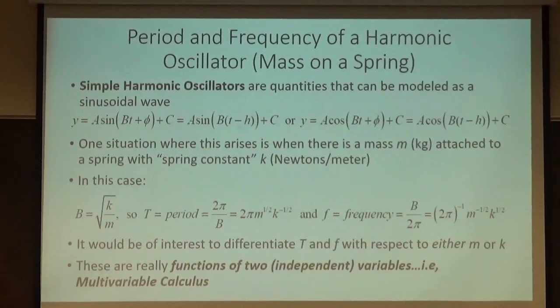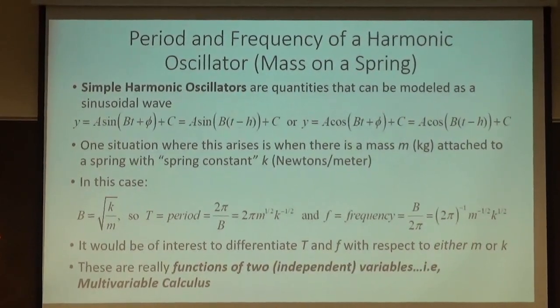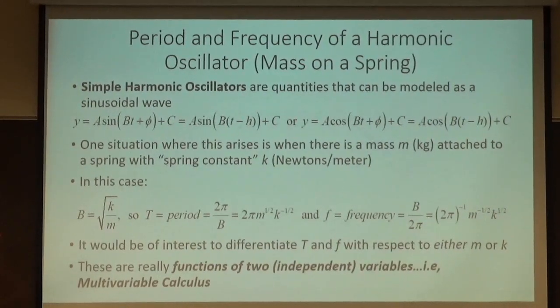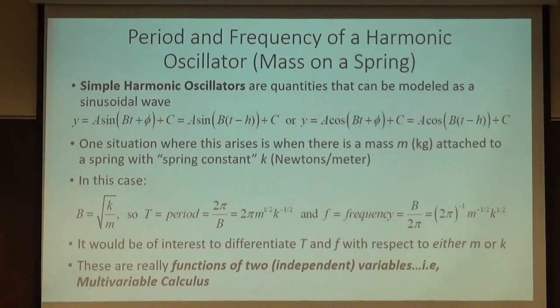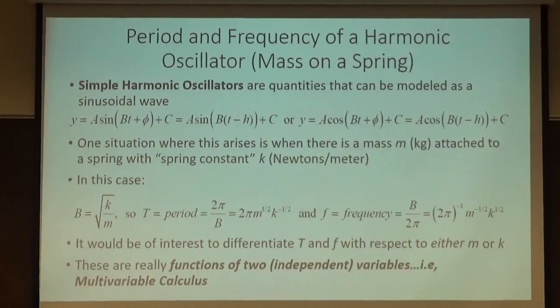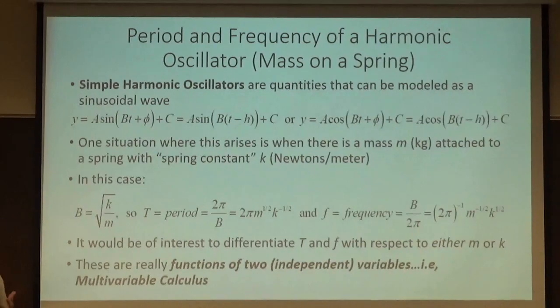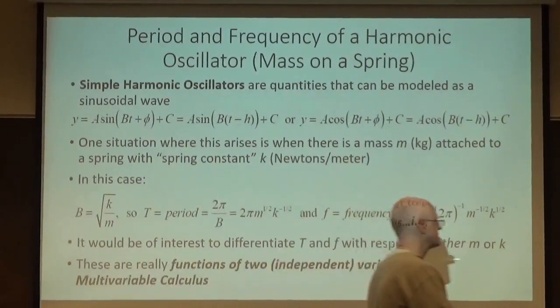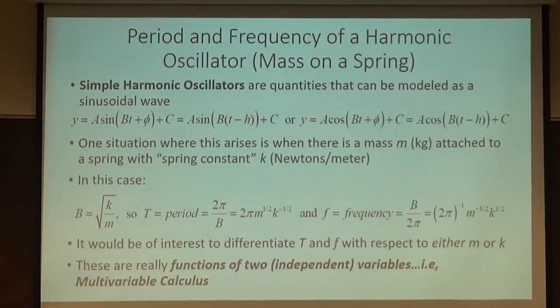At its most basic level, it gets more complicated. But at the most basic level, these are two quantities, T and F, that depend on themselves, two quantities, M and K. You might want to graph such a function, and you might want to take its derivative. Now, on the next slide, I am going to show some derivatives, but in the interest of letting you write some more if you want,